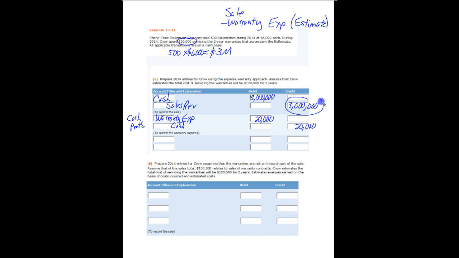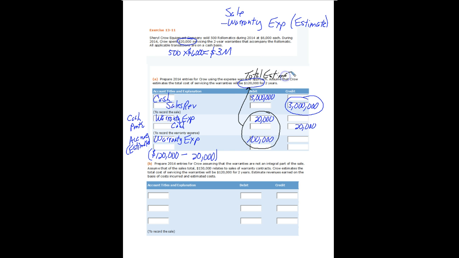Now, probably there's more of that $3 million in sales that's going to come back under warranty, so we want to accrue an additional amount. Again, this is going to be based on our estimate, and they go ahead and give us the estimate. They estimate a total of $120,000 will come back under warranty. Now we've already recorded $20,000 of that, so we just need to record another $100,000 for warranty expense. Once we do that, the warranty expense account will have the total estimate of $120,000, which we got by recording actual and then, at year end,